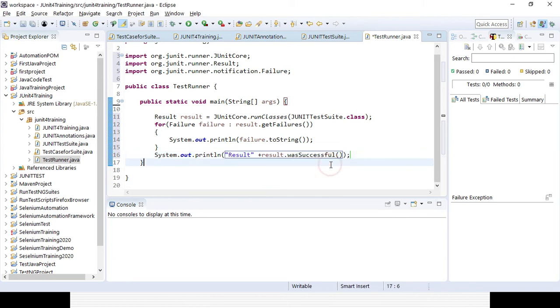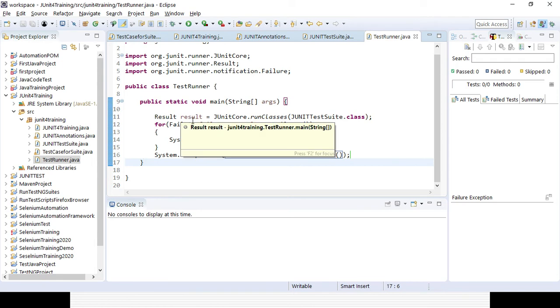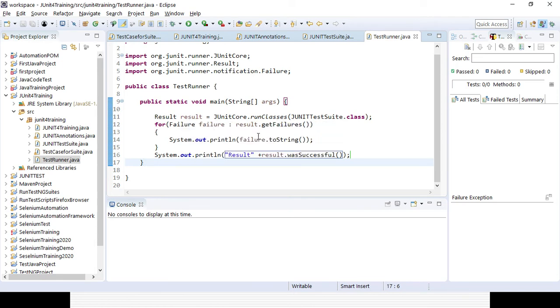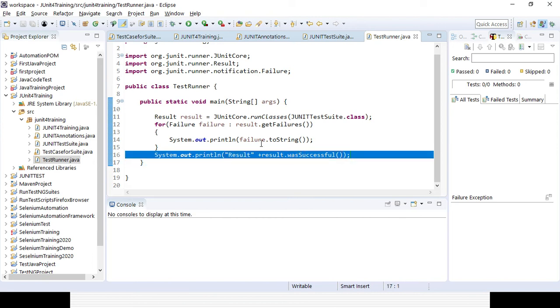So here I have created a test runner class where I am checking whether any failure is there or not, converting the failure to a string, and also validating whether it is successful or not. I want to get all the error messages here.